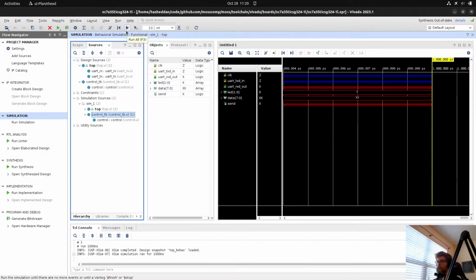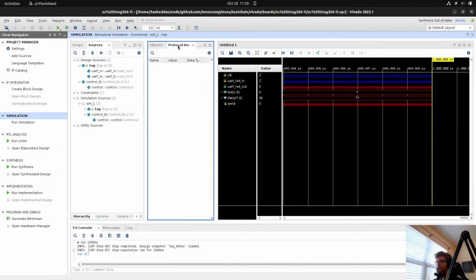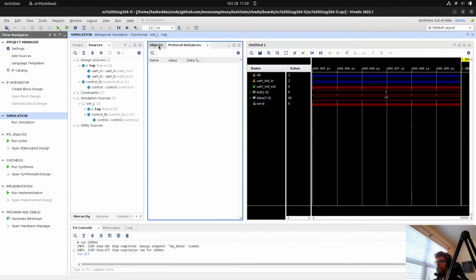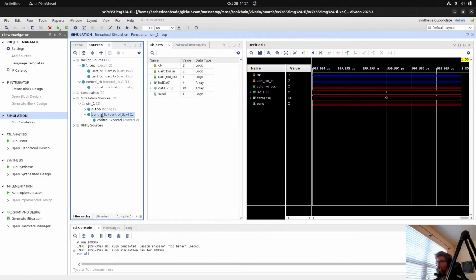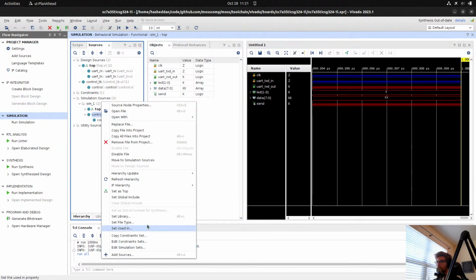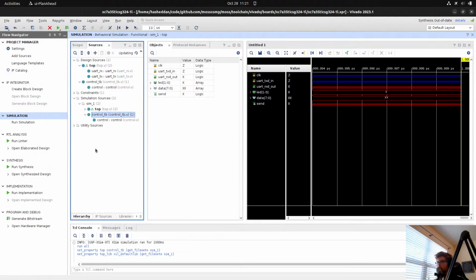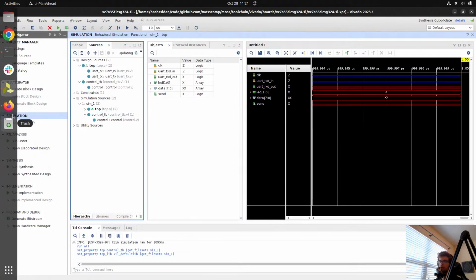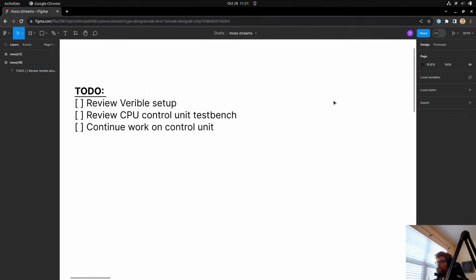Let's see if I just hit run. If I do run all, if it'll give me the. It doesn't look like it. Let's set as top and see if we can get back. And another thing I want to do here is